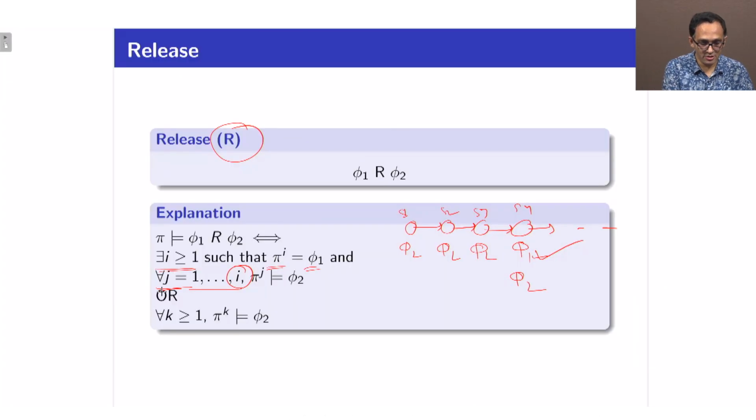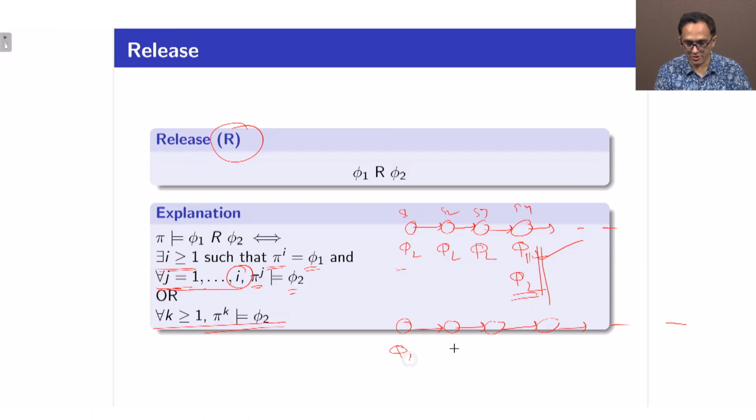Because for j from 1 to i, phi j equals phi 2. What I am saying is that in all states till the ith state phi 2 holds, that means including the current state, and in that ith state phi 1 holds. So that means phi 2 is releasing phi 1, but both are holding in this particular state. Or it may be the case that only phi 2 is holding. So you can have a state like this